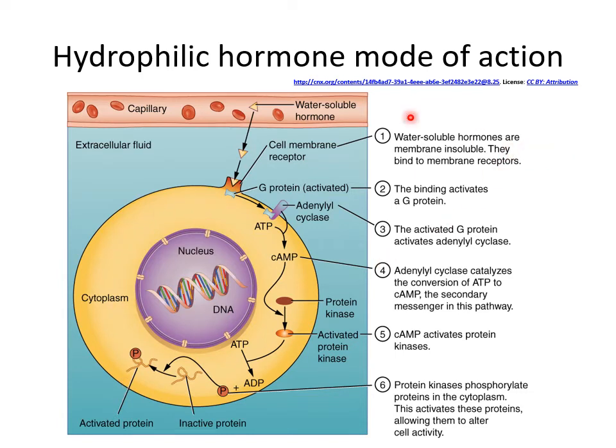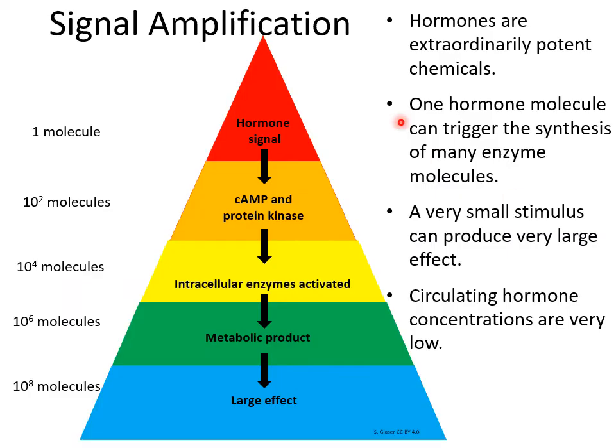Now, why bother with all of this? Look at this. We've got an activation of a receptor, then an activation of an enzyme, and then we have cyclic AMP activating a bunch of kinases, which then activates a bunch of proteins. Why not instead erase all of this middle junk and just activate a receptor, and that receptor directly activates the protein? What could be the benefit of all these intermediate steps?